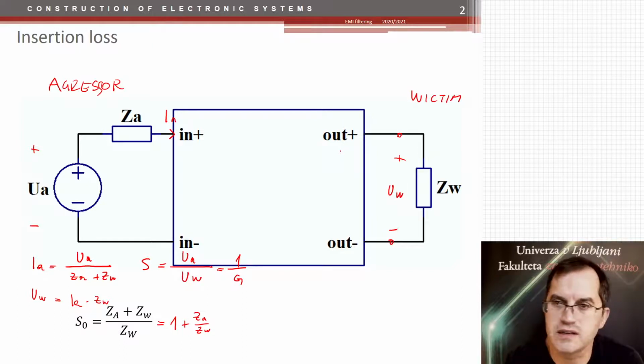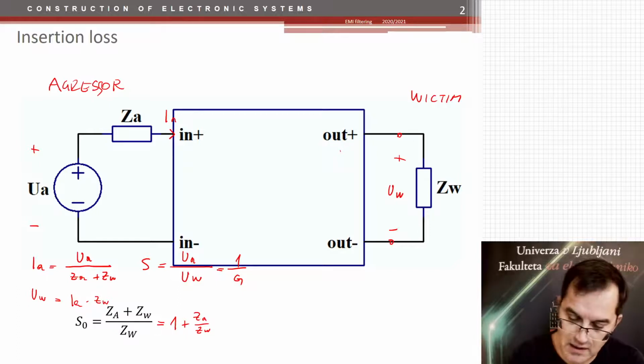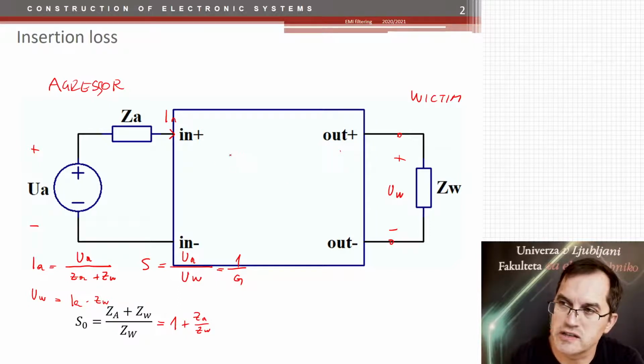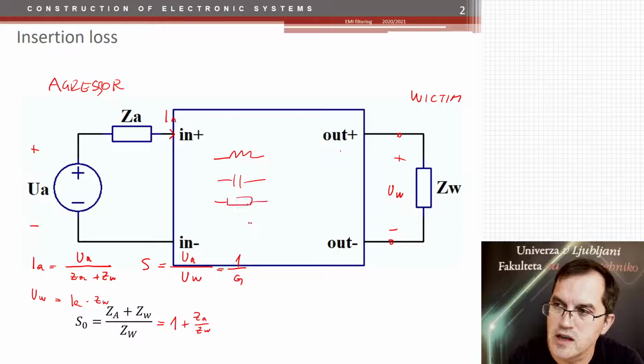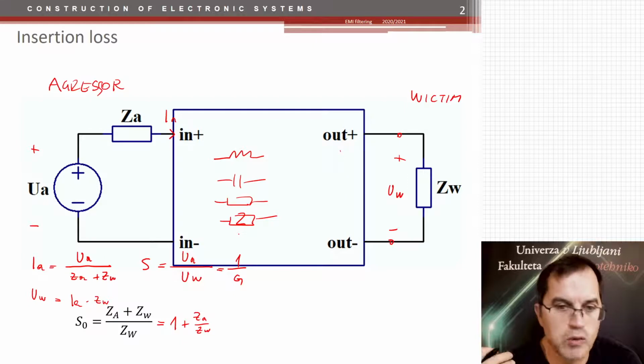A filter is a 4-terminal device with one input and one output, and it has some passive circuitry inside, which includes inductors, capacitors, maybe resistors, maybe some other unknown components which could also be beneficial to filtering. All that is designed to lower the output noise and at the same time not influence the wanted signal,